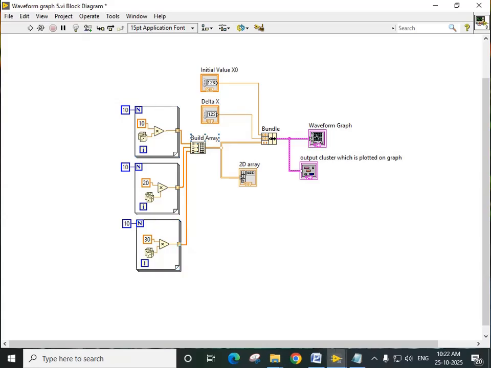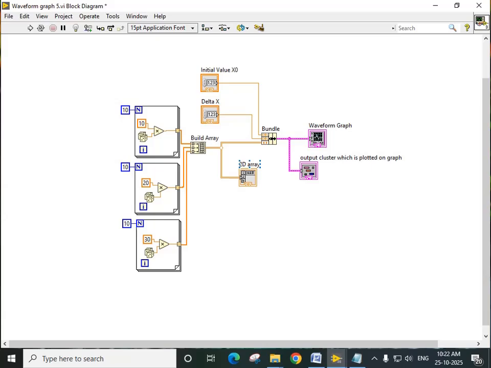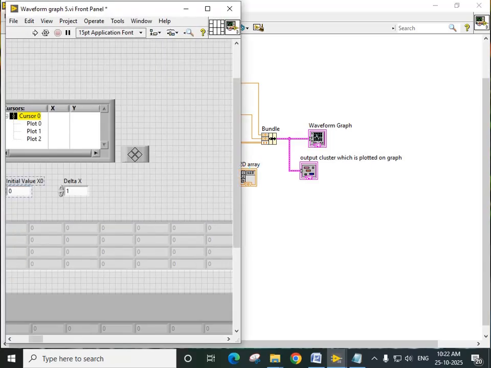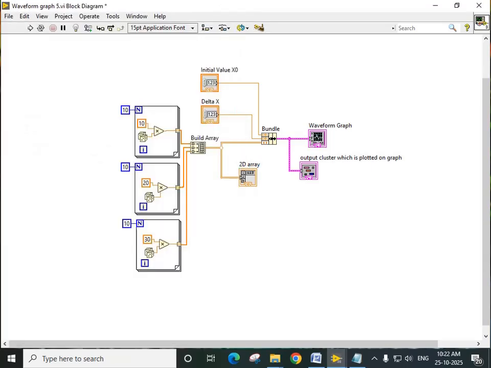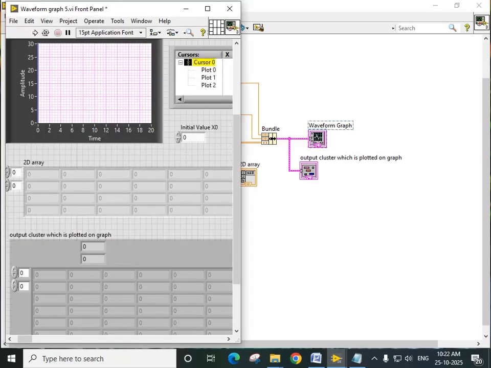These values are combined together in the form of a multi-dimensional array, meaning a two-dimensional array over here, using the build array function, and then the values are collected in a 2D array over here. And then we have the initial value, delta x value, and these are bundled together to form the output cluster, which is this, and the waveform graph